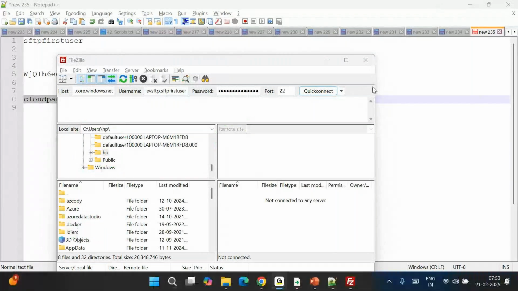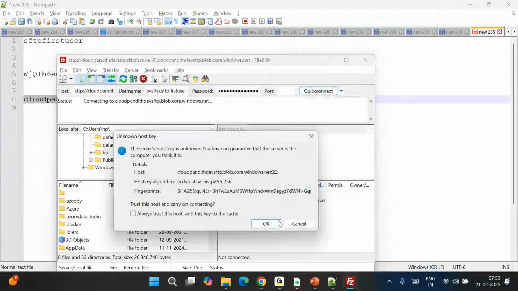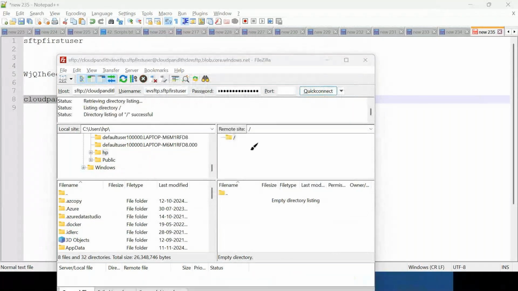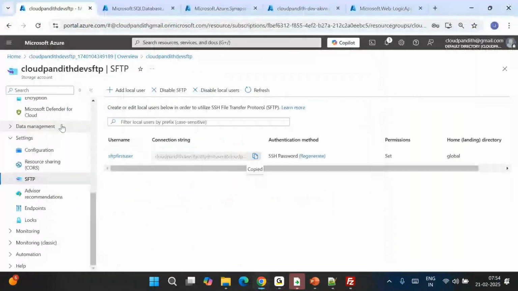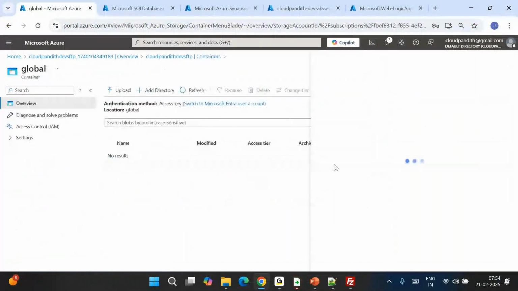Click on quick connect. Click OK. See, now it is connected to the root directory, but if you remember, root directory is global. Under global you don't have anything, right? So now what you will do, go to container here, go inside global, create a India,